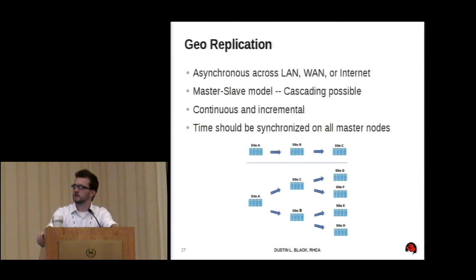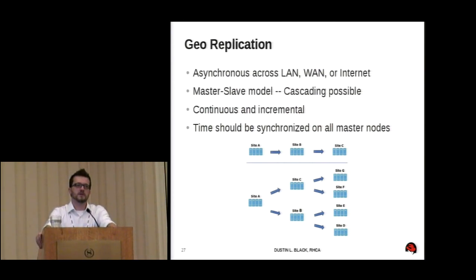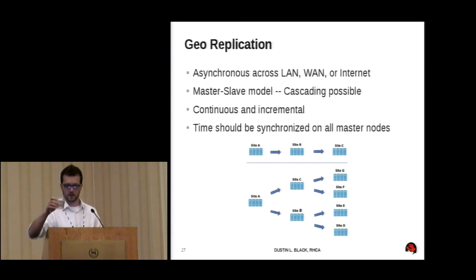So let's look at a little bit different scenario, the geo-replication. So what we were doing there was replication within a Gluster environment. We had multiple bricks on multiple servers and we're replicating our data inside of our data center. Geo-replication gives us the ability to handle remote replication for disaster recovery. So instead of it being a synchronous replication like it is within your data center, we're doing an asynchronous replication across a network environment.